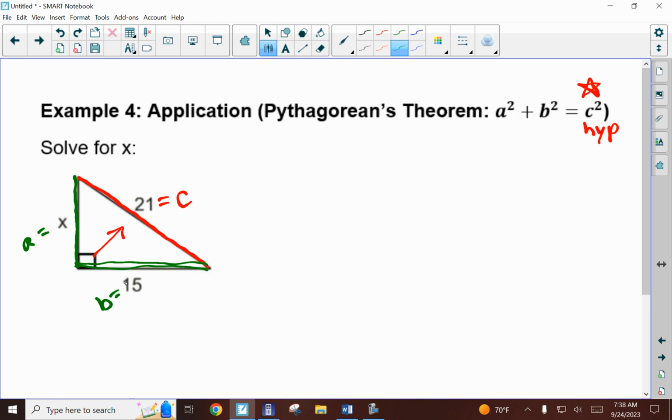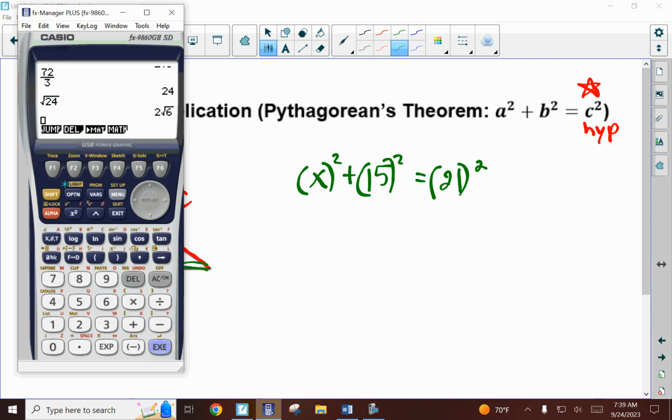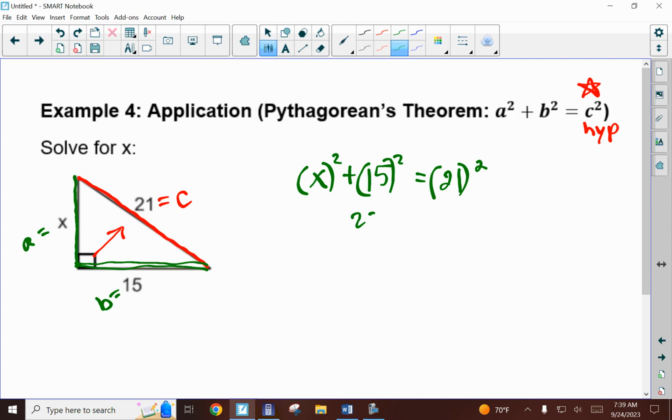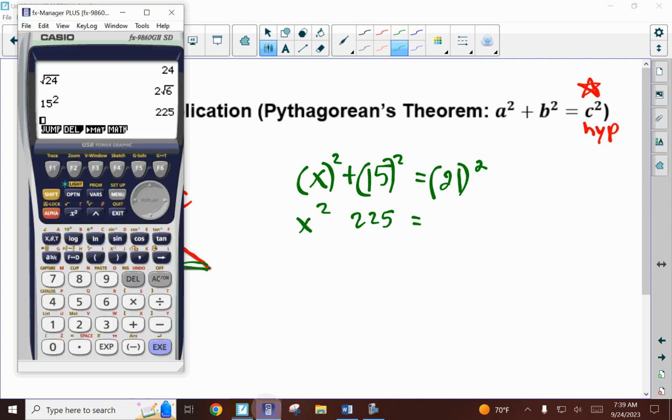So using Pythagorean's theorem and substitution, I'm going to have x squared plus 15 squared equals 21 squared. And technically, all of this should be in parentheses, and I wasn't going to put them because they're all positive anyways. If there were any negatives involved, which there aren't going to be because you can't have negative lengths, we would definitely have to use those parentheses. So 15 squared is 225. Then over here, this is just x squared. And then 21 squared,